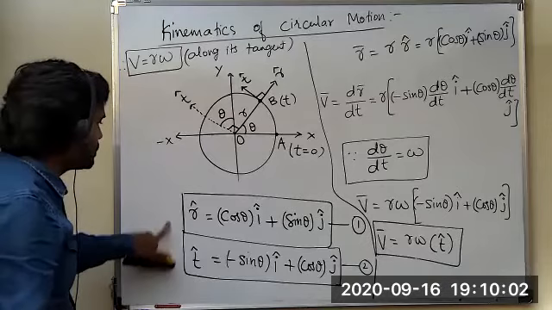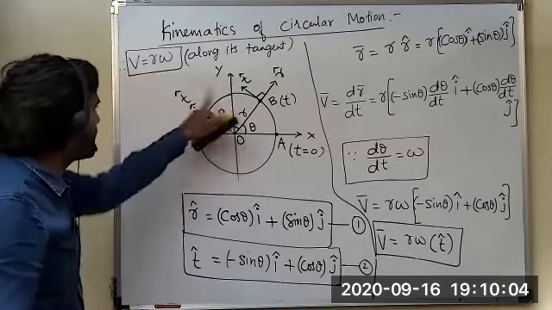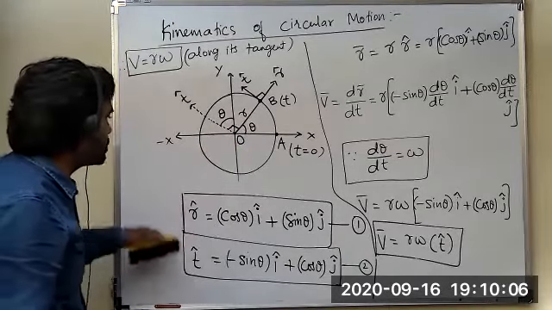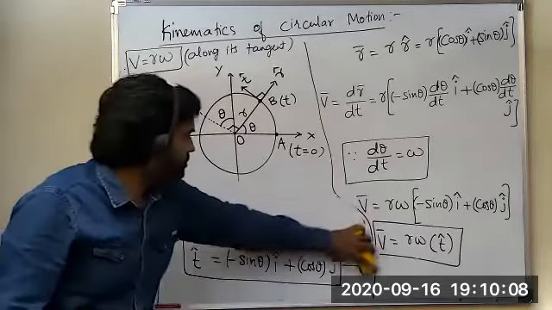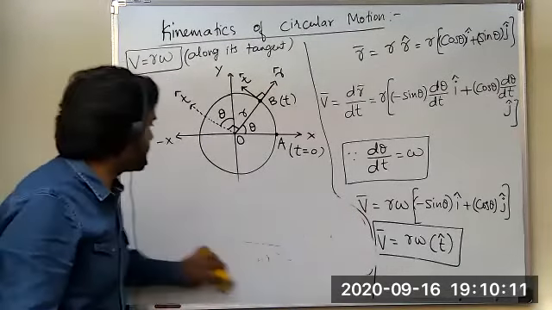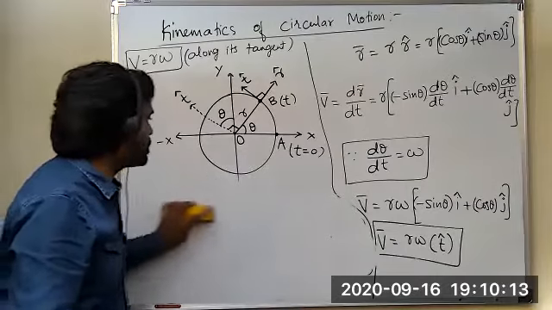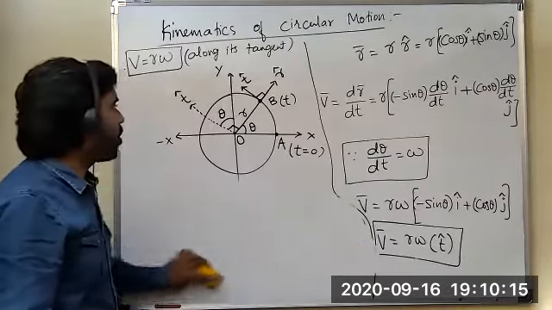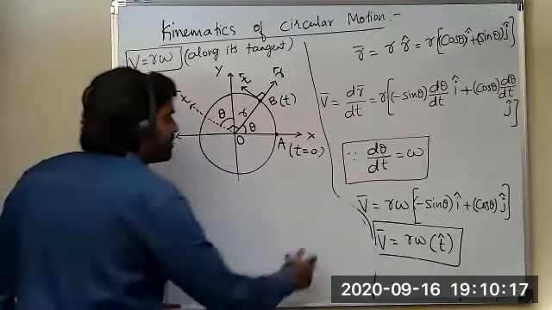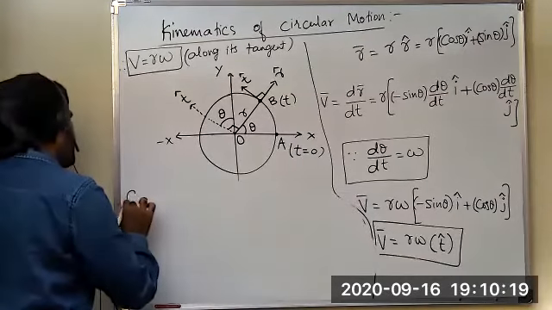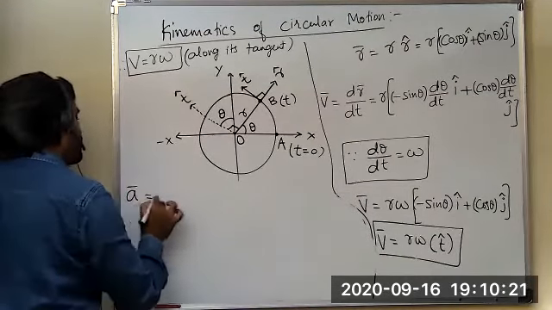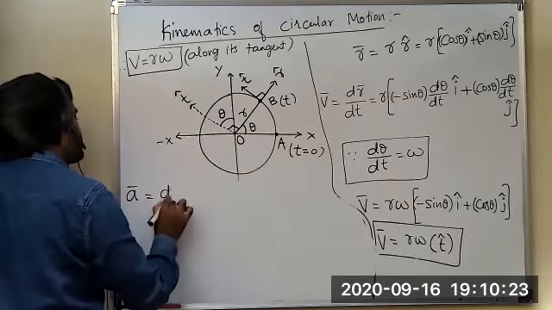I'm rubbing these two, students, only these two, because I require this diagram. Copy the equations quickly, students. Now, if you want to find the acceleration, copy all the equations. I'll keep rubbing because I need the space. Here, the acceleration of the body moving on a circle can be written as dv by dt.